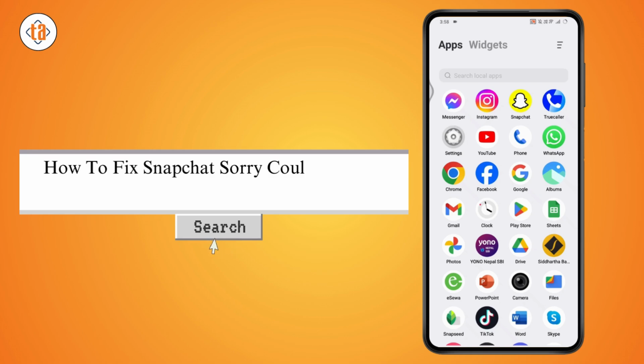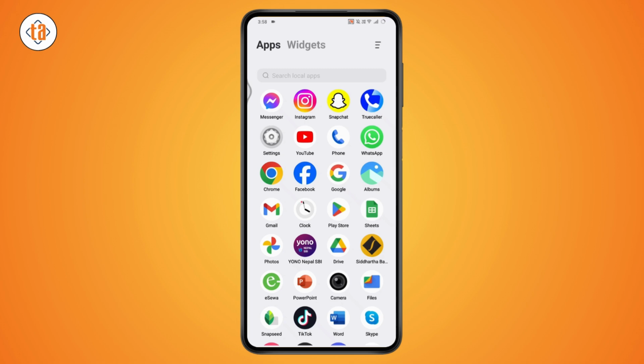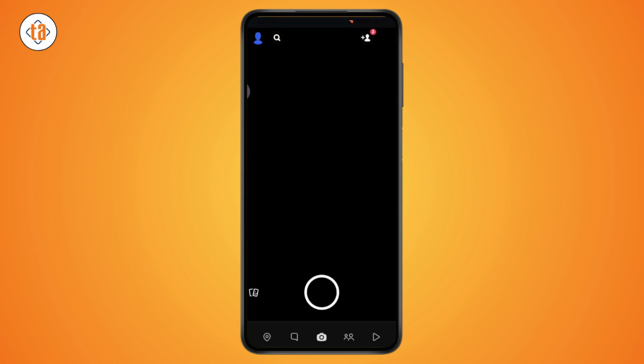How to fix Snapchat sorry couldn't find username problem. So if you're facing a problem with couldn't find username, like if you're searching for a username and it says couldn't find the username, then what you need to do is, let's first open up the Snapchat application